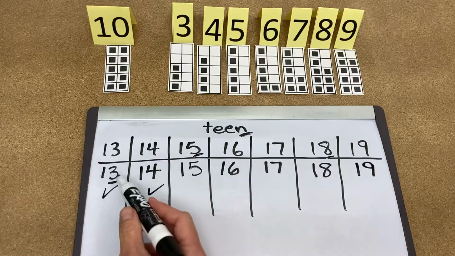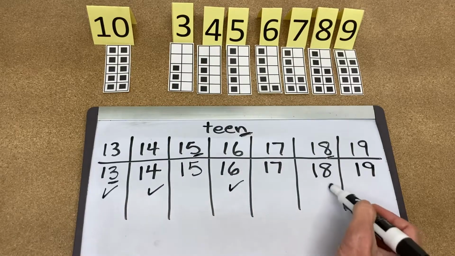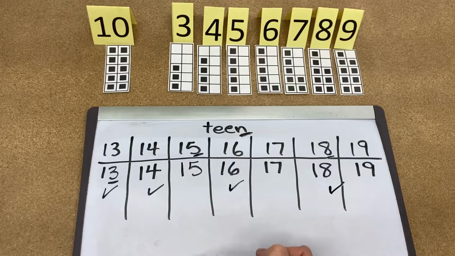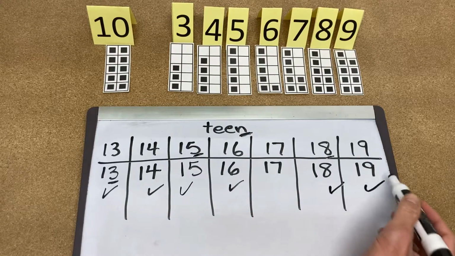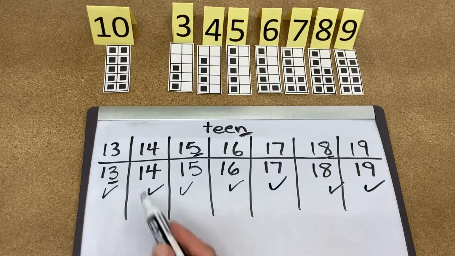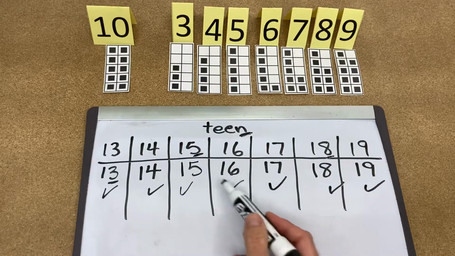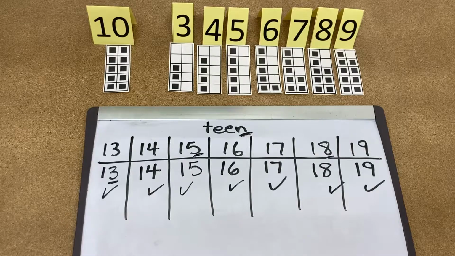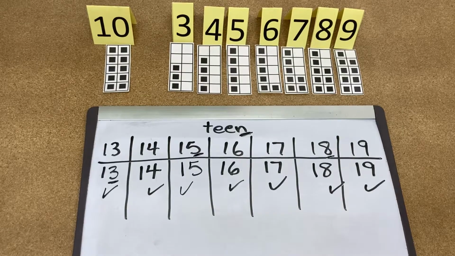We try not to go in order here. 16, 18, we can point to the numbers randomly. 15, 19, 17. We don't read them in order here to force the understanding of the numbers and the words correctly. After we understand that,